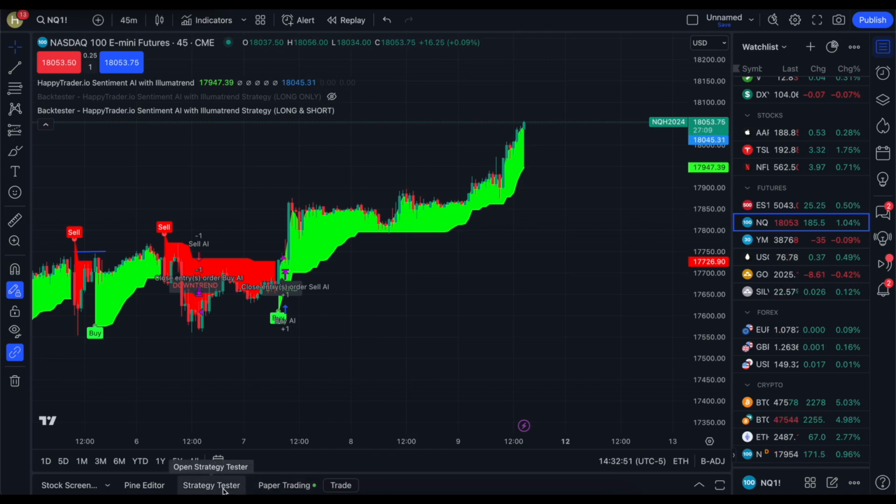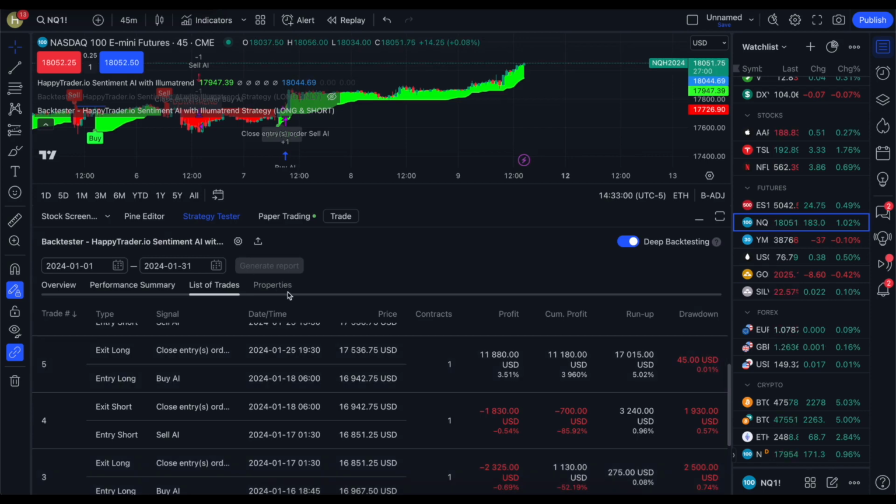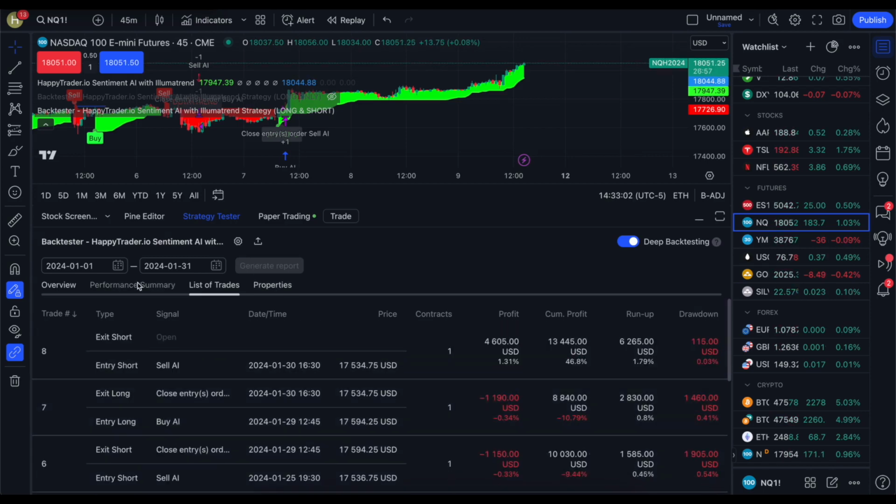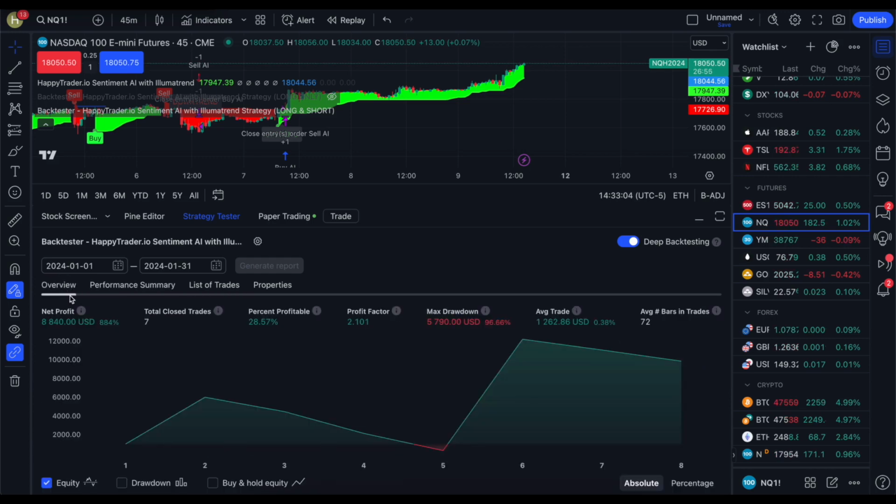Take this as Happy Trader being an insurance policy against bad decision making, because the expectancy, even shorting a bull market, is positive, right? Using Happy Trader. So you can see the percent gain. I'm not even going to say it out loud. You can see the number of trades here, extraordinarily low maintenance. You can see the average trade, what the expectancy was of each trade, holding signal to signal, $1,262 on average.